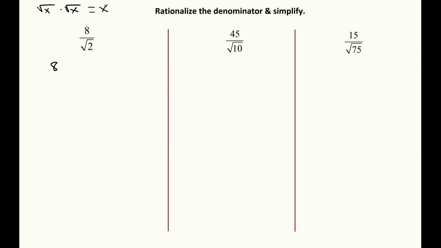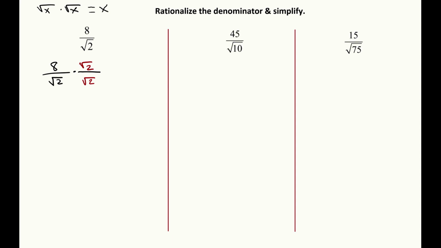So basically, you write your problem and you're going to multiply by a clever fraction, which is going to rationalize that denominator. In this case, just the square root of 2, because I know if I multiply square root of 2 by square root of 2, that's just going to become 2, which is a rational number. Of course, I can't just multiply the denominator of a fraction by a number, whatever that is. I have to multiply it on the top as well. So I do that,